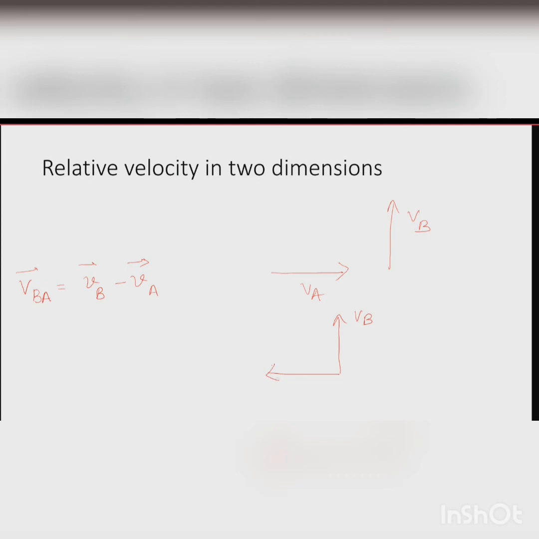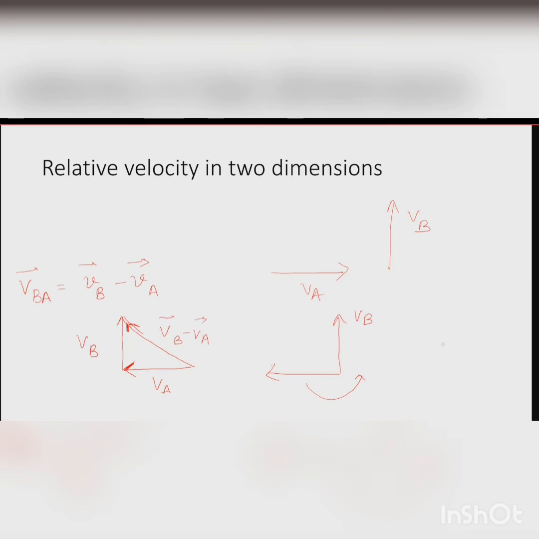Now to apply the triangle law, how do I shift it? I shift it to this place. Like this I won't be able to apply my triangle law, so I shift it like this. So this is my VA, this is my VB, and now the closing side in opposite order will give me VB minus VA. Okay?